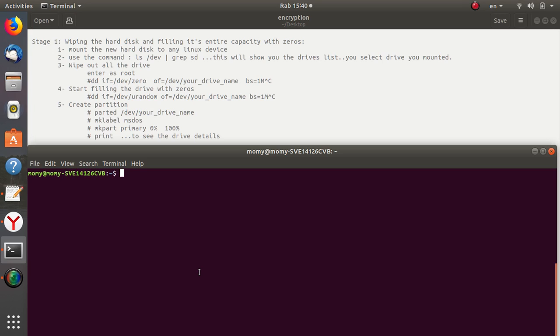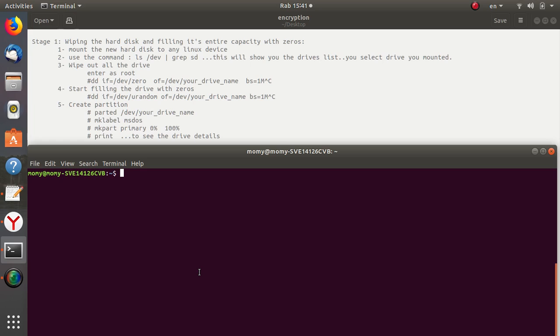Number 3, when you get a brand new hard disk, in some cases for whatever reason, there might be malicious software pre-installed on the brand new hard disk, which could pose a threat on the integrity of your server. So the best thing is that you should wipe out whatever data is on that hard disk, for the entire capacity of the hard disk. Then you refill the hard disk with random data, mostly zeros, and also for the entire capacity of the